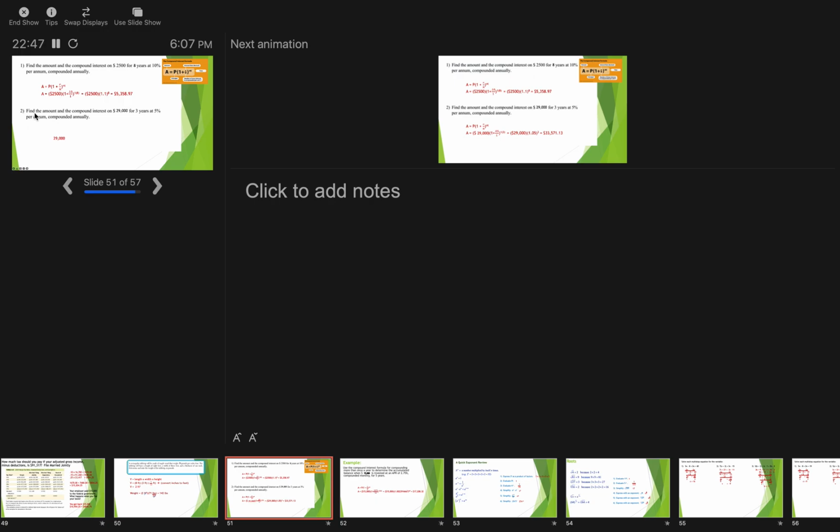Okay. Let's go here to number 2. Find the amount of compound interest on $29,000 for 3 years at 5% per year, compounded annually. Go ahead. Okay, so same formula, 29,000, but this time it's 1 plus 0.05. The previous problem had 10%. This one has 5%. So the previous problem was 0.10. This one is 0.05. The previous problem is 8 years. This one is 3 years. So I changed the 8 to a 3. And when I just crunch those numbers, 29,000 times 1.05 to the third, I get